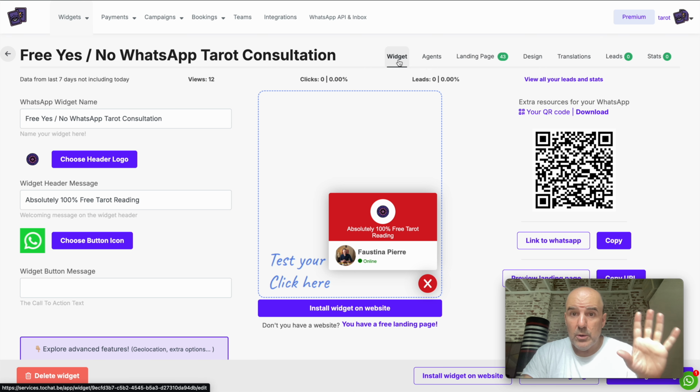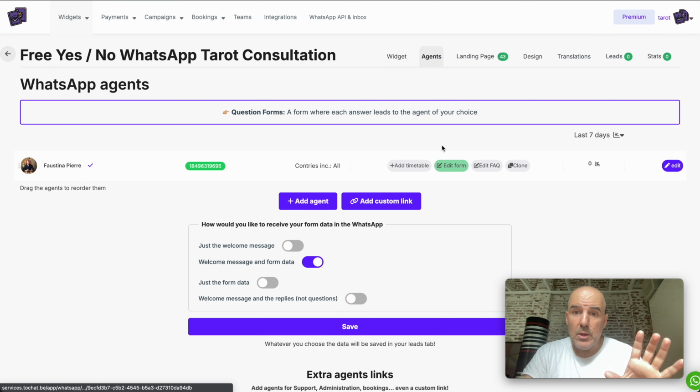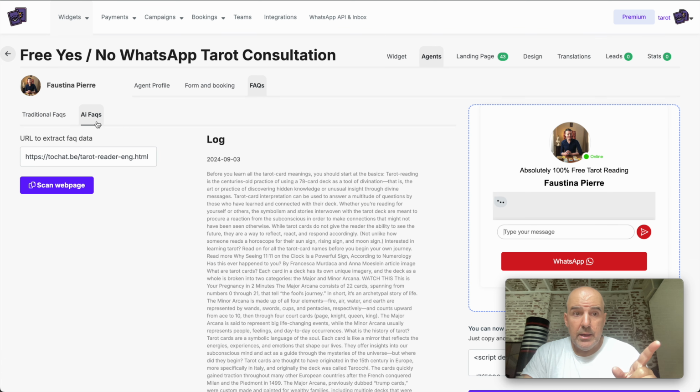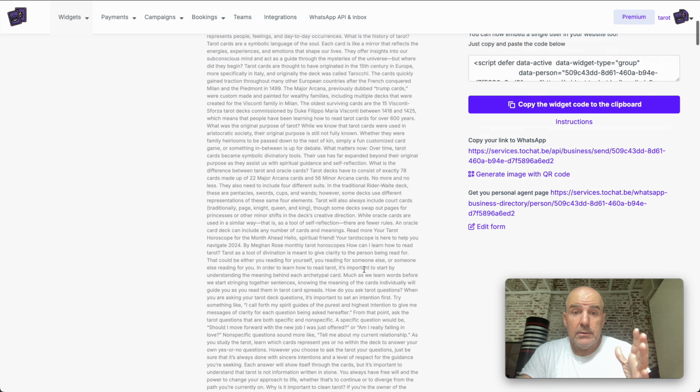So as you know, widgets, agents, we go to FAQs, AI FAQs, we put the content, you can feed as much as you want, and that's it. The widget is going to work. You can geolocate, you can make a support agent in your widget. You can have an agent for sales, another agent for support. This is up to you. If you have questions, send us a message. We are here to help you. And the moment it's ready,